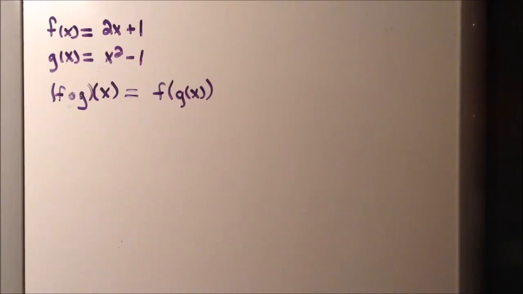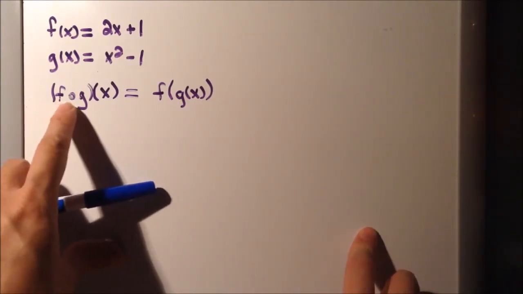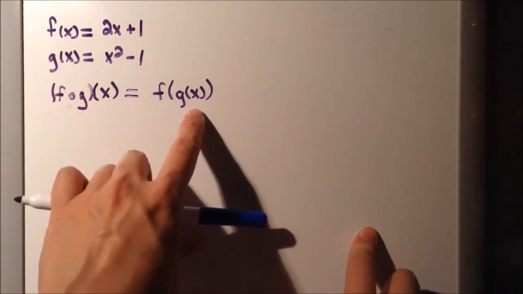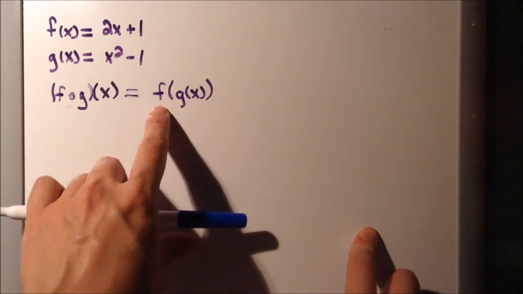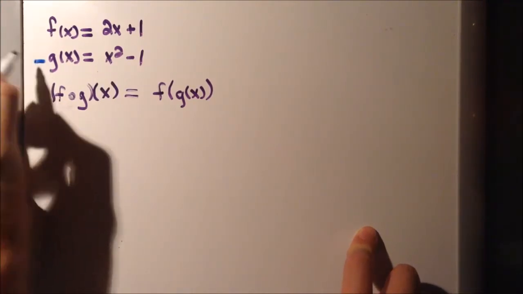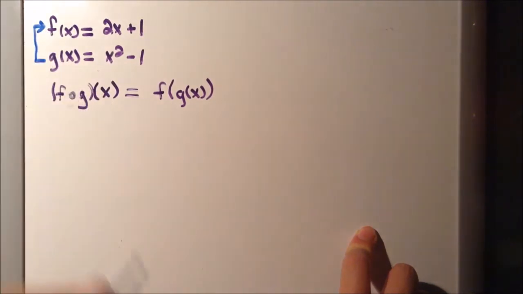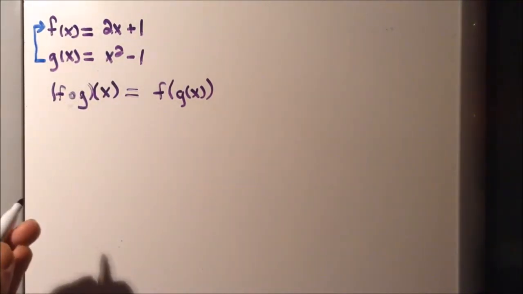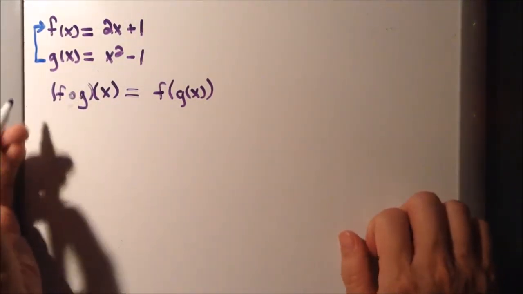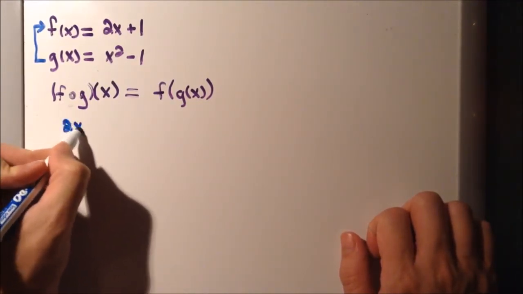Here we have a second set for composition. So our first example is to find the composition of f of g of x, where g of x will be inside of f of x. So g of x will go into f of x. Alright, so what I'm going to illustrate is just here's f of x